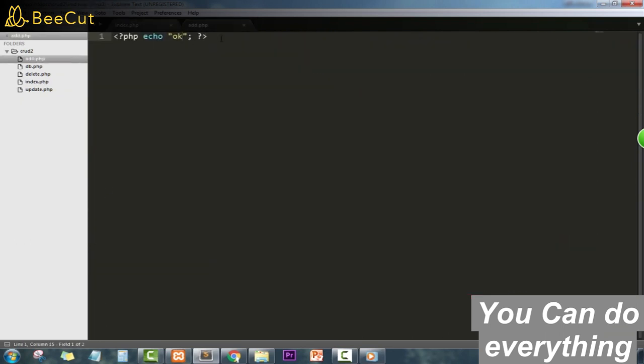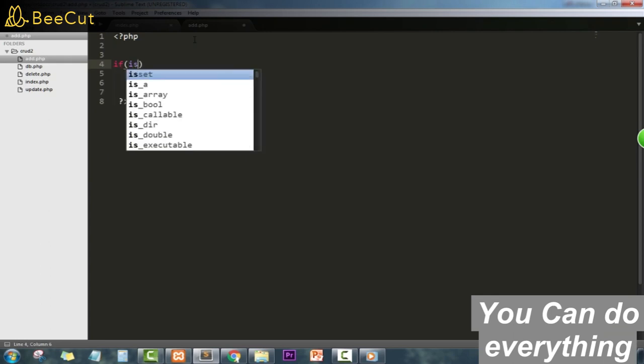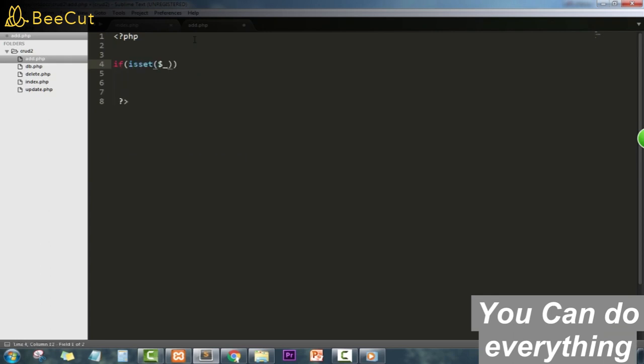We're going to go here to the add page, remove this, we don't need it. So we're going to say if isset post send,